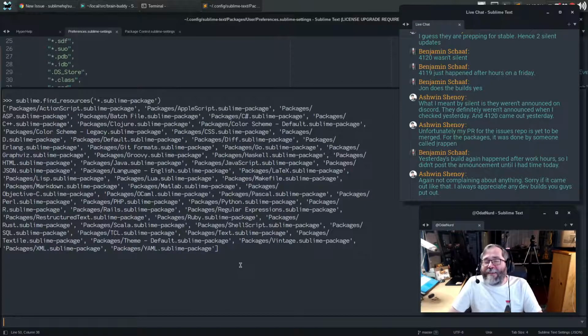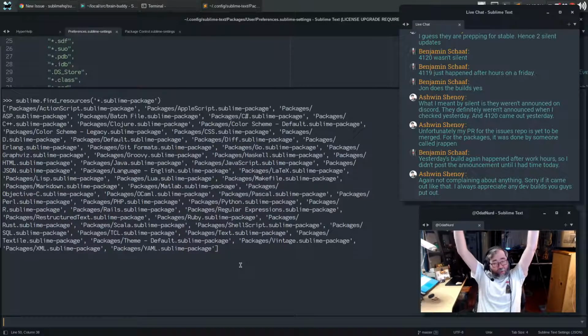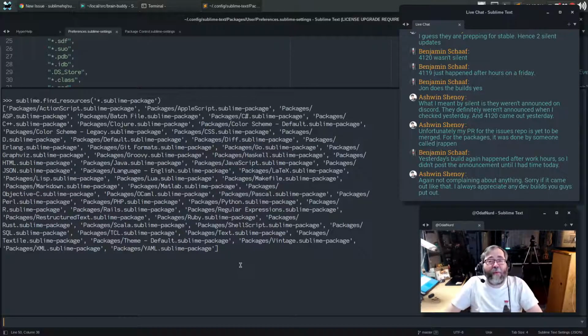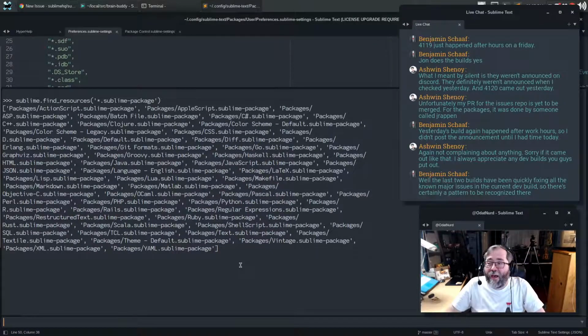It's more or less, if nothing else, a statistical anomaly. It's kind of exciting to fire up Sublime and have it see that there's a new update, and then you go look in the Discord and there's not one there, and you could be like, there's a new build, and everybody gets out the party hats, because I would imagine a lot of people like me start Sublime and it's just running 24 hours a day, so the chance of it being able to actually detect that there's a new build goes way down.